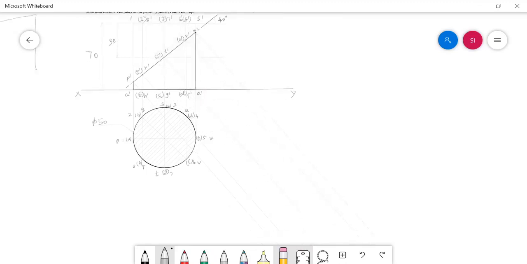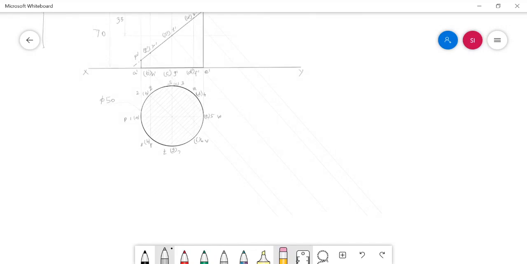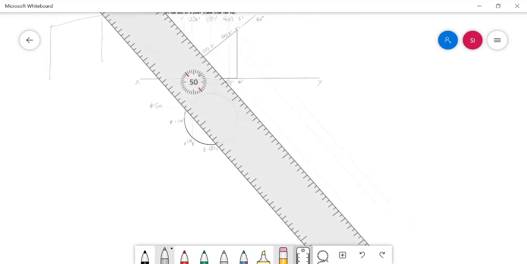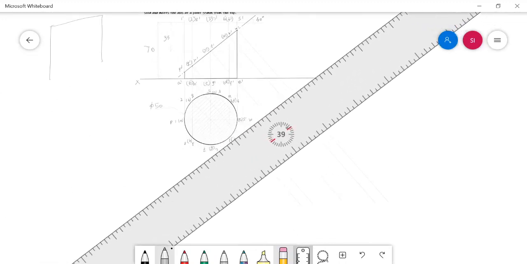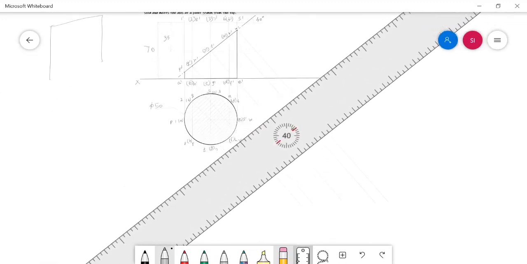I completed. At a convenient place, we have to mark the auxiliary reference line, that is x1 y1, which is parallel to your cutting plane.